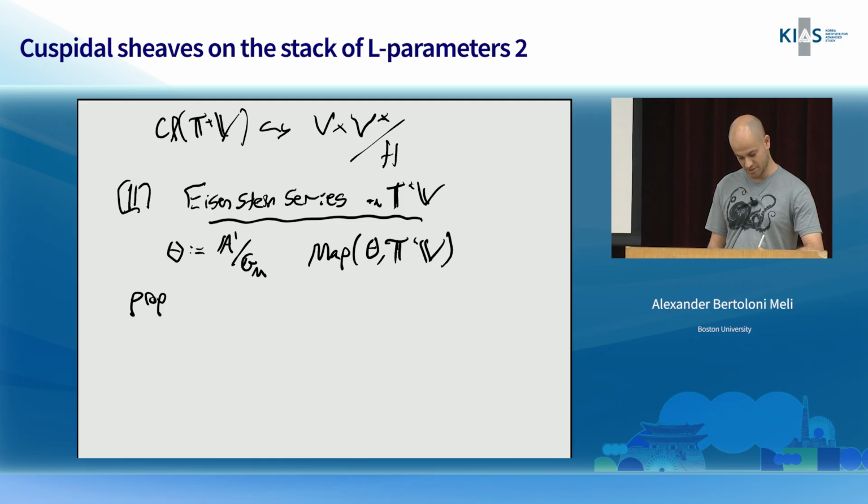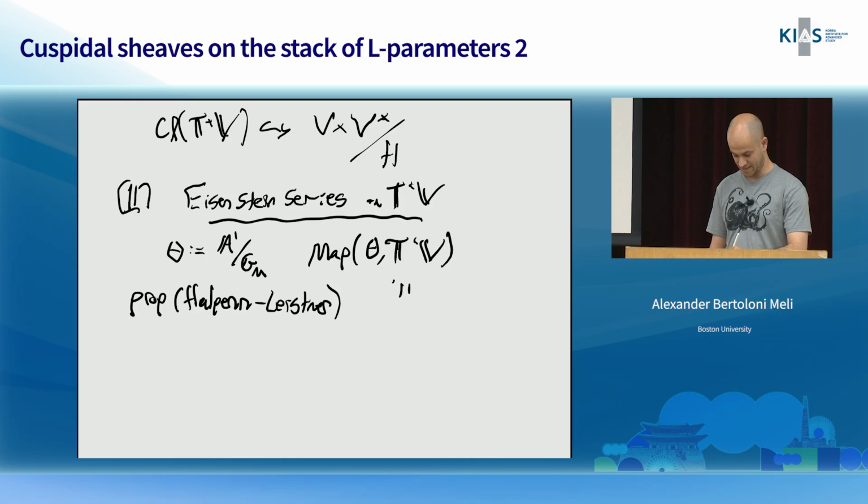And one proposition that I'm going to attribute to Halpern-Leissner, but maybe is not so hard to see, is that this mapping stack actually is isomorphic to a disjoint union over co-characters nu. Take the Weyl orbit, and then,